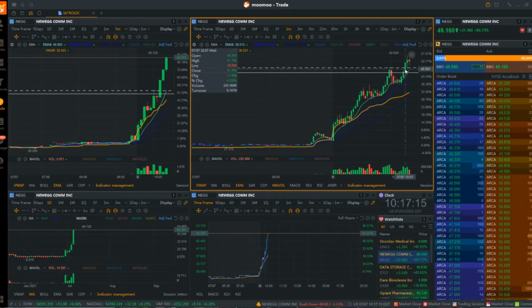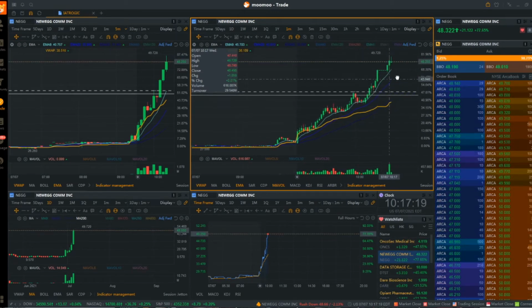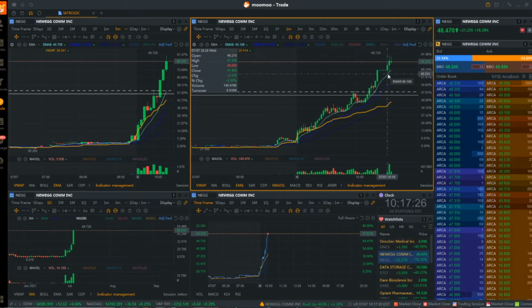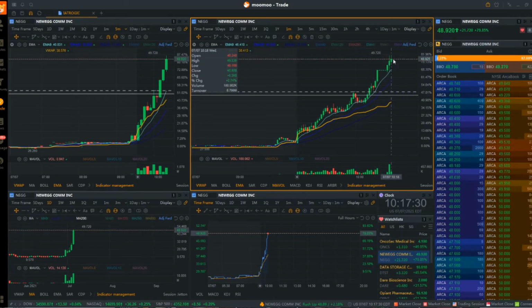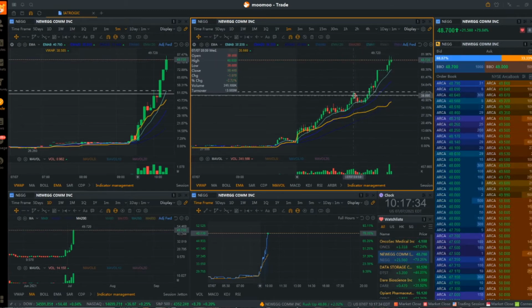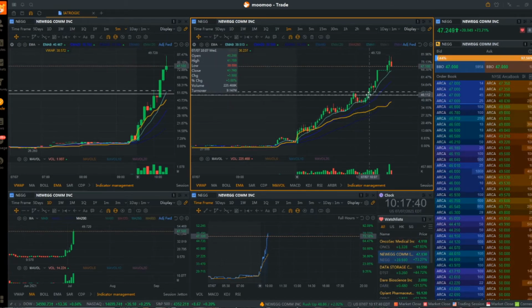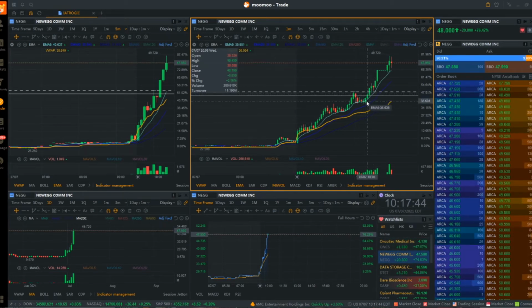But yeah, I did not add it here, so it continued to go up into the hot without me, and now it's at this area. This is like a $10 move. I mean $8. I'm not gonna lie, it's very frustrating for me, especially since I already had these numbers in mind. If let's say it crosses here again, and let's say it can convincingly cross 40, I'll be bullish on it. That's why I did all these markings, but